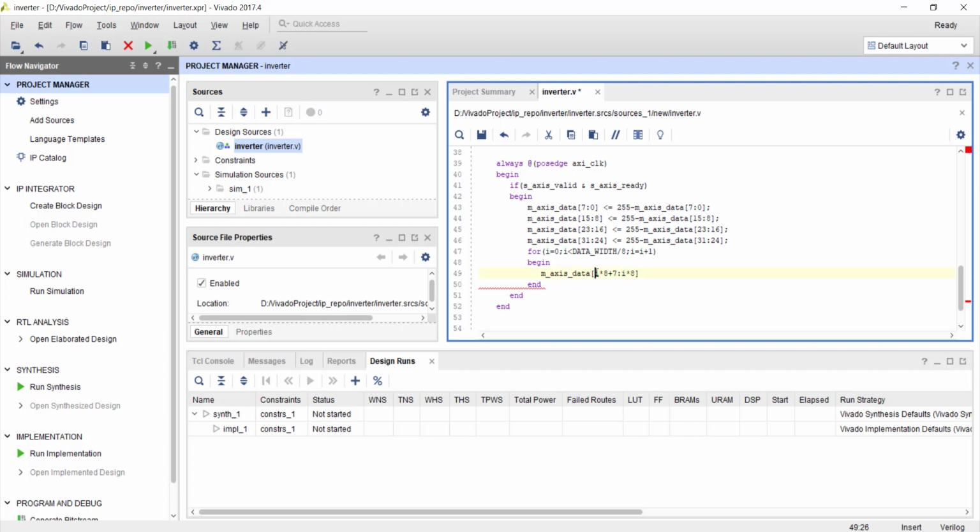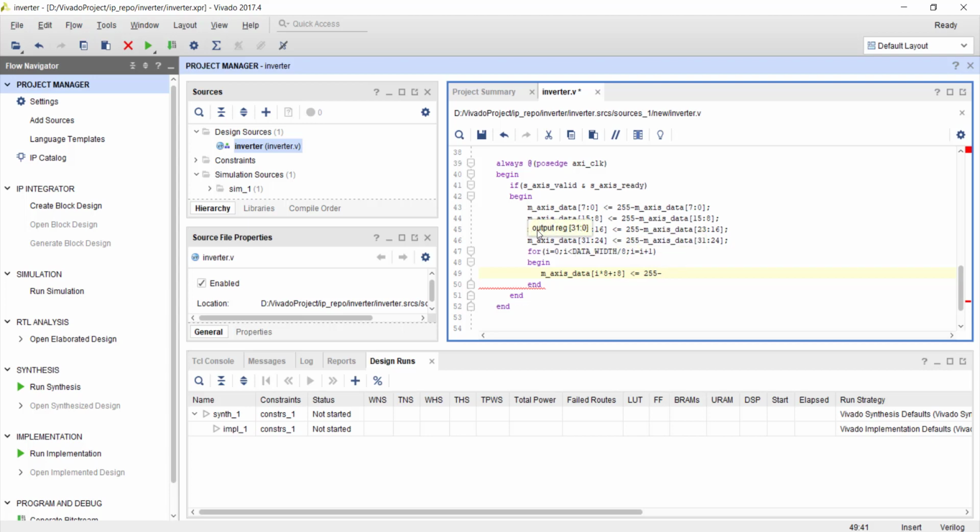Okay, so we need to follow something like this. I times 8, you say how the lower index is found, and you need to say how big the upper index is compared to the lower index here. I times 8 plus 8. Same way here, you need to say 255 minus,